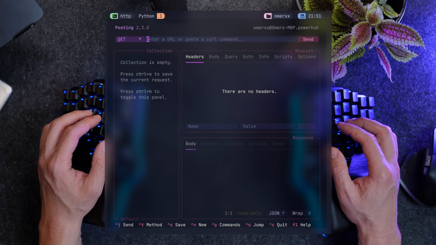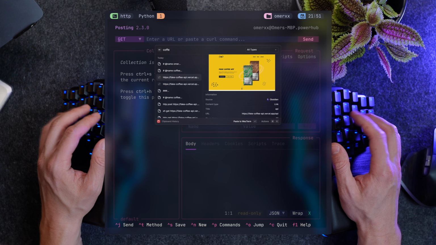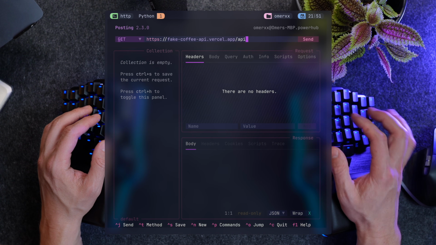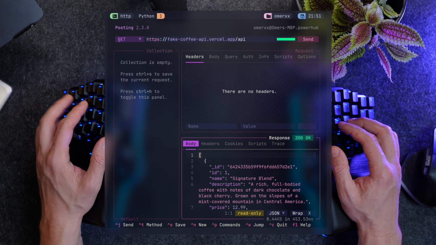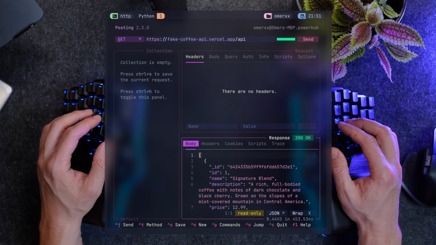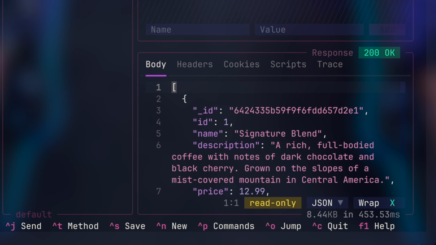If you fire it up with no attributes, it pops a fresh new session ready for you to paste a URL. Let's do just that with the fake coffee API. Tab scrolls through the different panes, just like LazyGit for the users here. The different panes allow for manipulation of the request through a UI: headers, body, authentication, etc. The lower pane holds the result with a glowing status code and pretty printed JSON structure of the body.